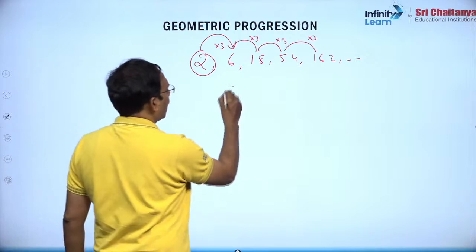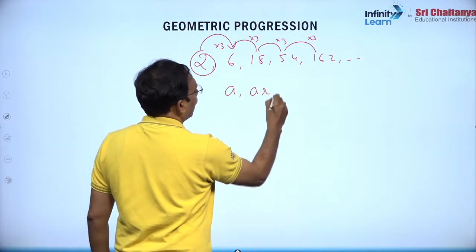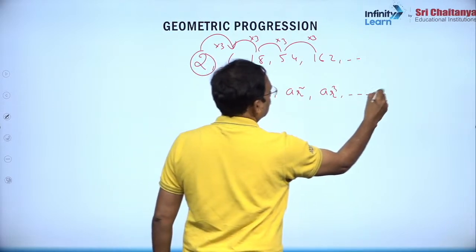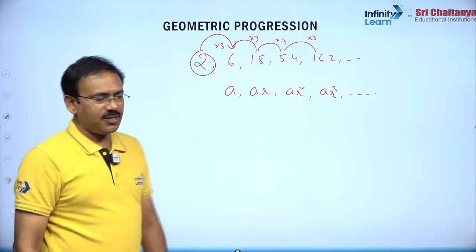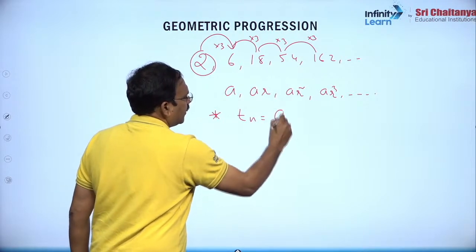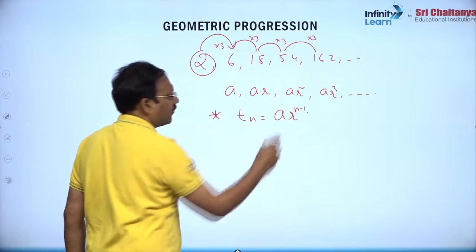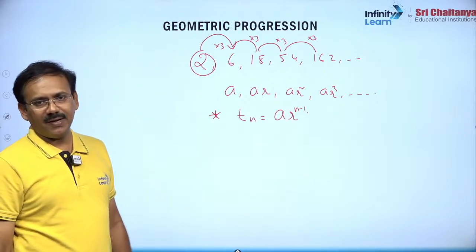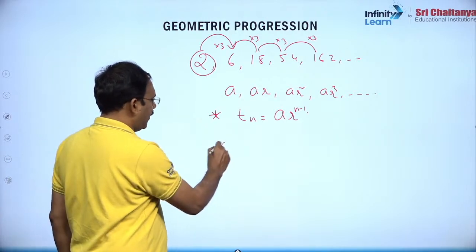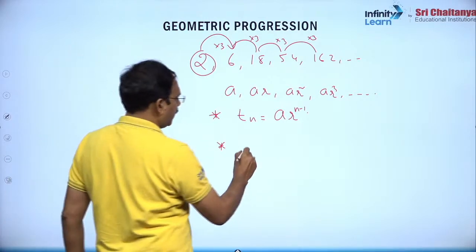The general format will be like A, AR, AR square, AR cube and so on. Here first observation is that the nth term will be AR power n minus 1. And the second observation in a GP, my dear friends, is this: you take some GP like